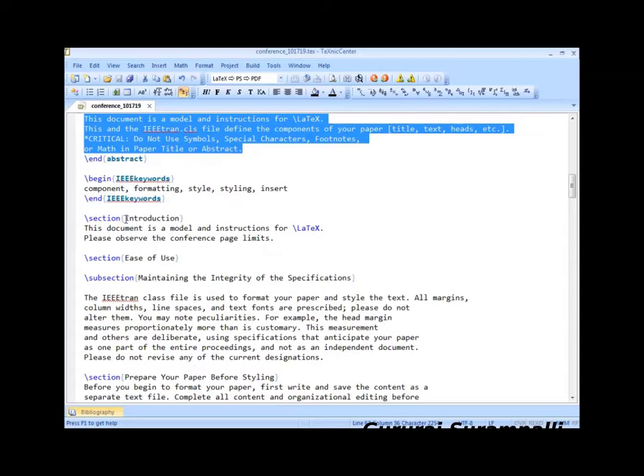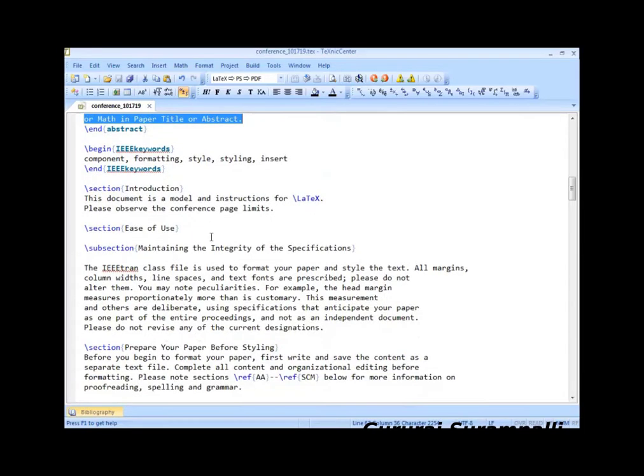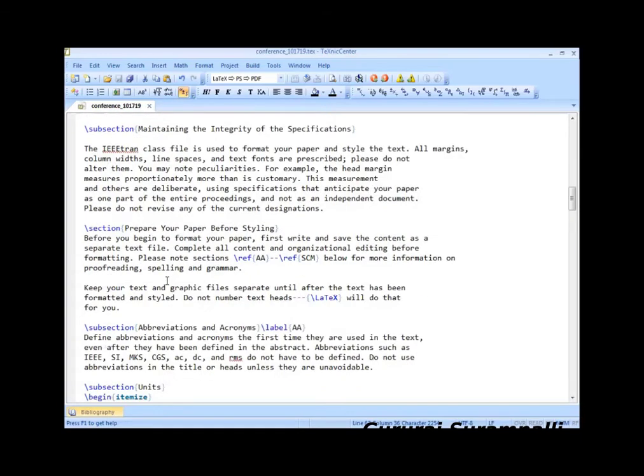Then you start section introduction, and you can add some subsections if you want. No need to remember the numbers also. Like if you have a section 1, the subsection will be 1.1. So no need to remember it. If you just type subsection, it will take the number, whatever the format prescribed by the IEEE transaction, you can say, or class file.